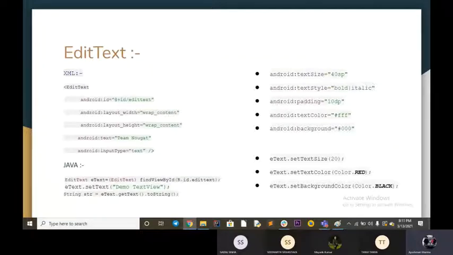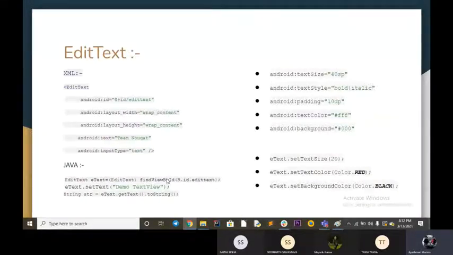Okay, so this is the Java code for it. EditText, we have this EditText class. We define its variable. We define findViewById. This findViewById finds that particular view. Like in this case, we are finding the EditText with the name editText. So R.id and the name of that EditText.